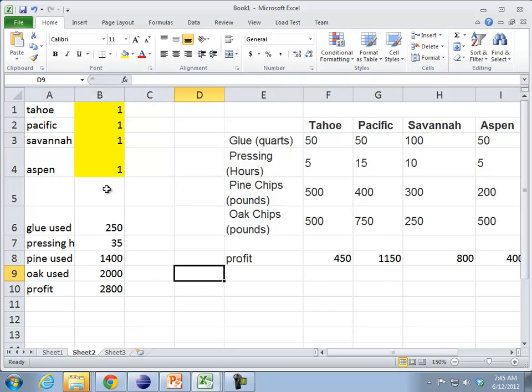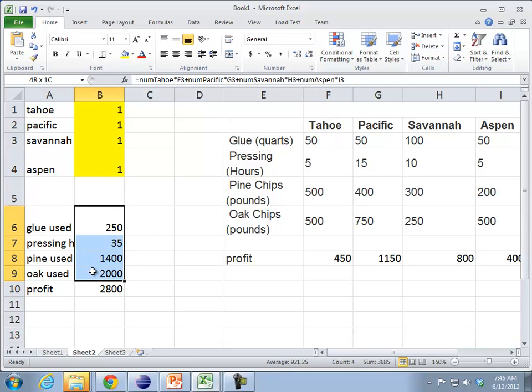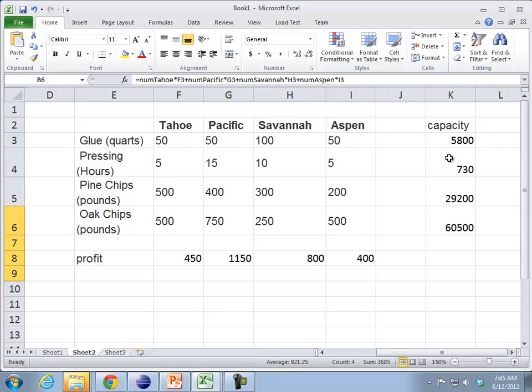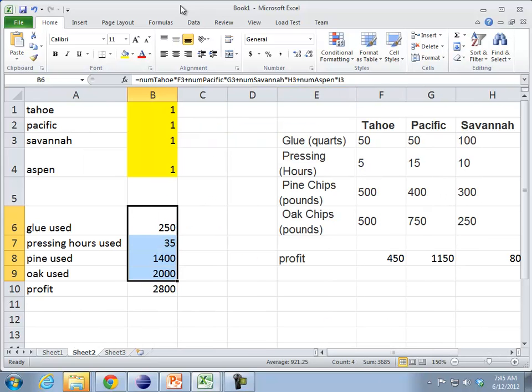Now that I've figured out all of my equations to get my totals, I'm going to use Solver. Now what Solver is going to do is it's going to compare the amount of glue used, pressing used, pine used, and oak used to the capacity for glue, pressing hours, pine chips, and oak chips. So I'm going to load up Solver,